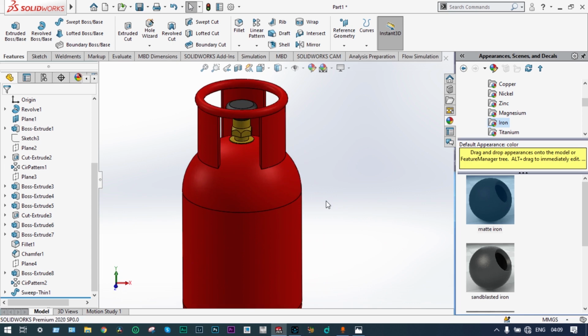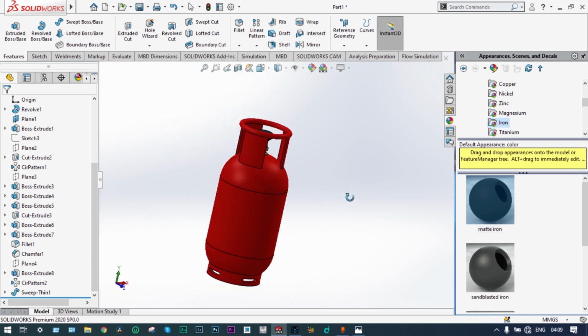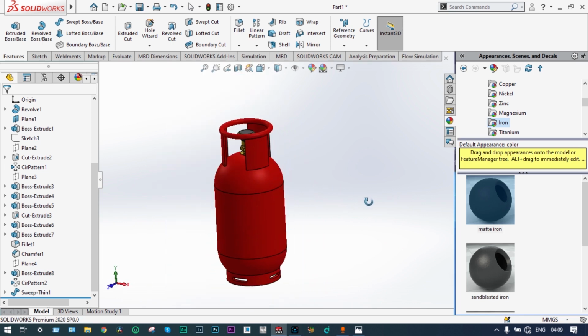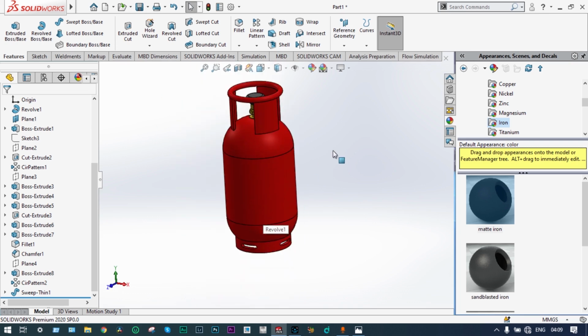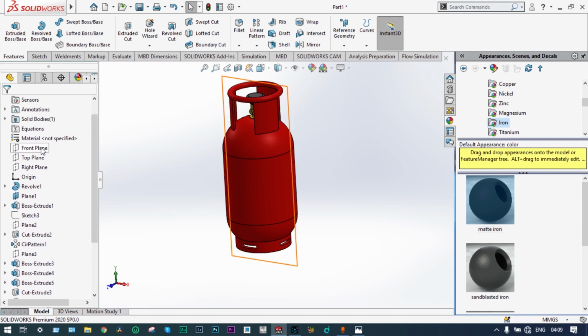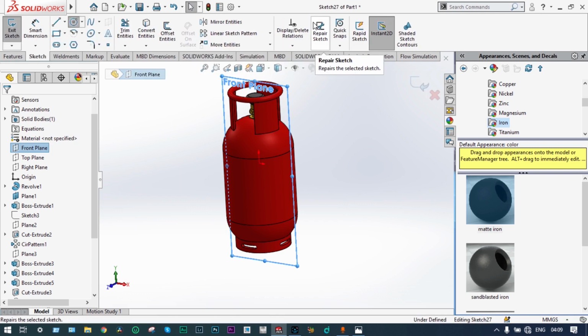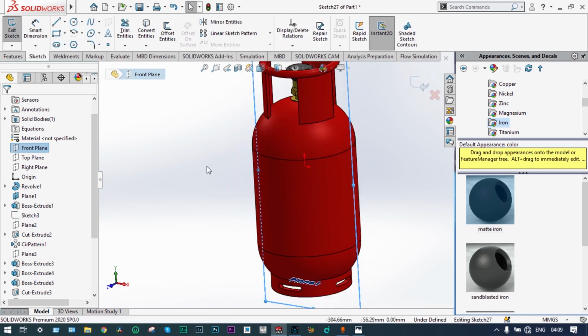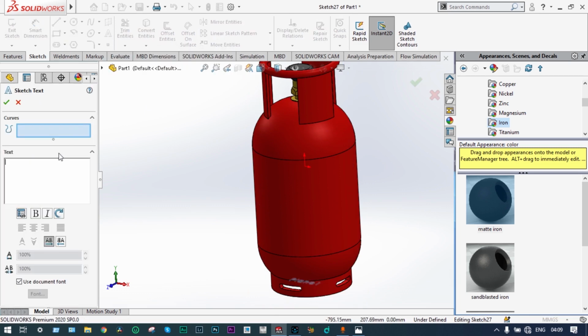So our model is ready, right? And you can do one thing, like you can provide some kind of writing on that, right? So for writing these things, we have to first select a plane. Let's select the front plane. Now you can start wrap, and for wrapping we have to start with text. I can write down